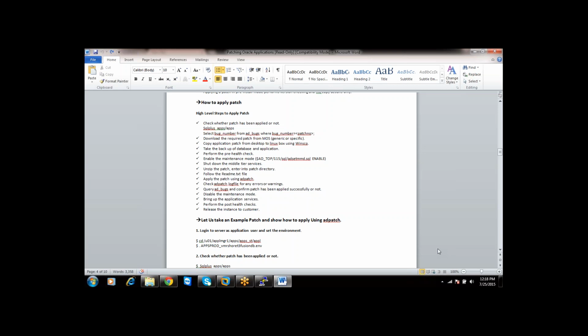So background jobs related to applications will be running. To stop them, you will keep your applications in maintenance mode. Some background functionalities, some workflow kind of activities will be running. To stop them, you will enable maintenance mode. Moreover, some users will be connecting through Toad, some through SQL Developer. Even if your applications are down, they will be able to access the database, isn't it? If you put the database in maintenance mode, they will not be able to access the database with the help of Toad or SQL Developer.